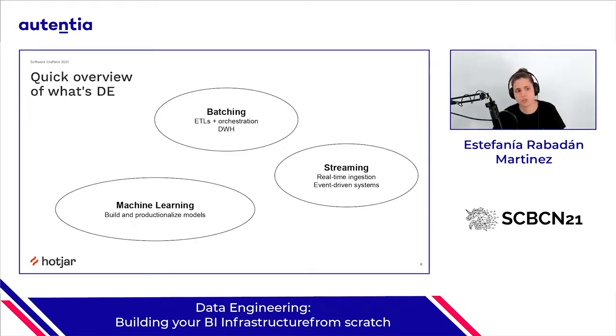Then we have the second, smaller part of engineering, which is streaming. This is more oriented to real-time ingestion, event-driven systems, communication between microservices, anything related to how you send information, how you receive information, how you deal with schema changes in real time. For example, different use cases can be fraud detection, all of these things that are really time constrained, that you really need to have in time. You will usually use streaming. This is again another huge field that we could talk about for hours.